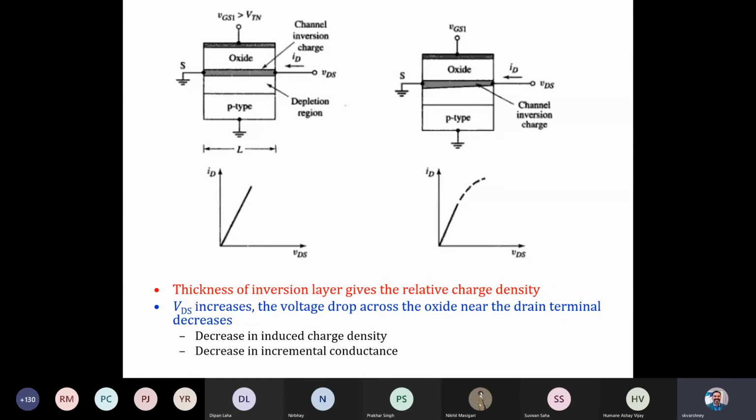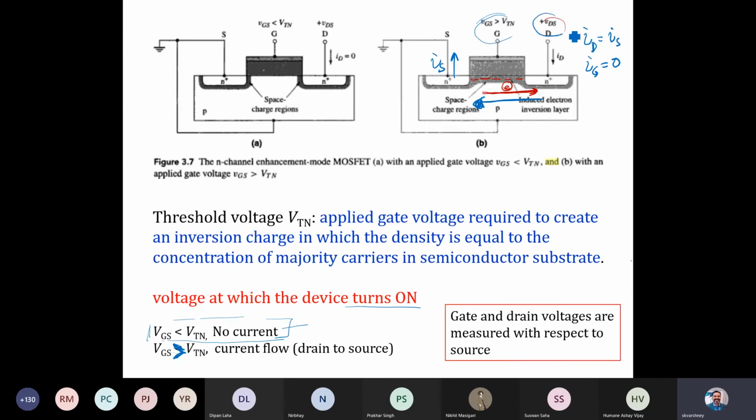Let's look into its operation. So we apply a voltage VDS. This VDS is of the order of a few millivolts. I'm not talking about the order of volts right now. Let's say the signal applied at the drain terminal is of the order of millivolts. The drain terminal is basically over here. So at this point you apply a signal which is less than 5 millivolts or so, positive.